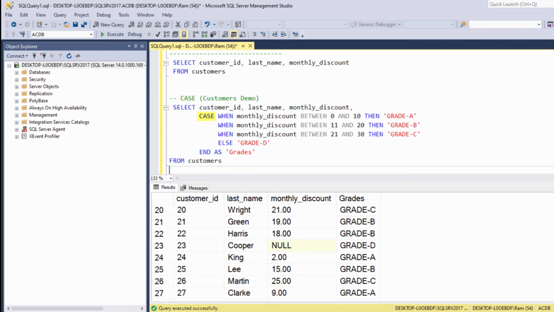We say case, then we say when, this is our condition, then, and this is the output if this condition is met. Again, when, another condition, then, another output if this condition is met. And so on. We can repeat the when-then logic as much as we want. Then, optionally, we can specify the else keyword in order to specify what happens if none of the previous conditions